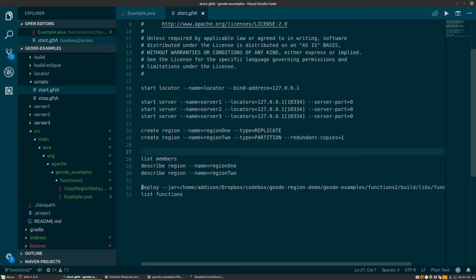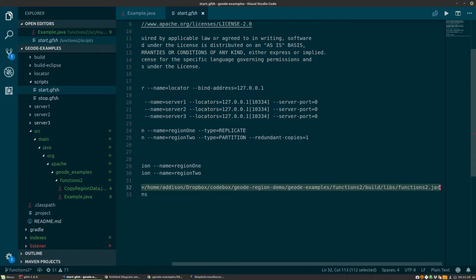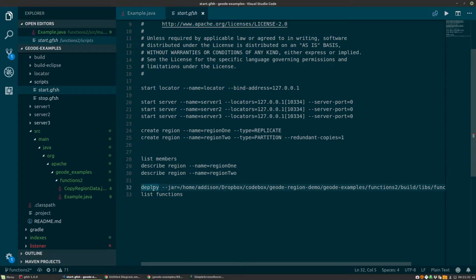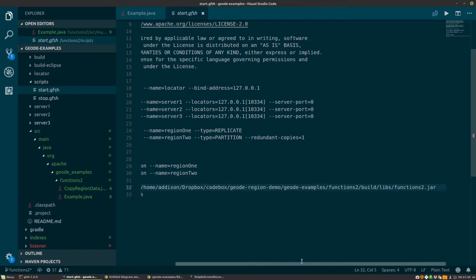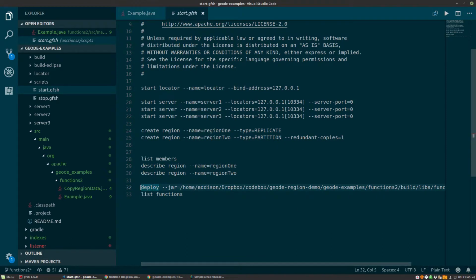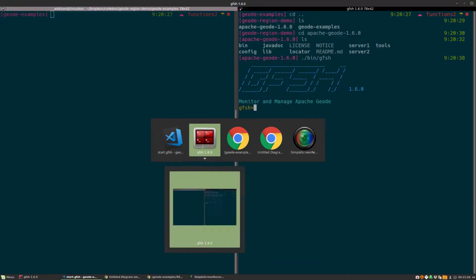And then down here, really important, we are using gfish's deploy command to pass in the jar that we're building, and inside that jar has that copy region data function that we're going to run. So this line 32 sends that jar, the function, to the servers, so we have access to it, and we'll see here list function where it's actually located. Okay,